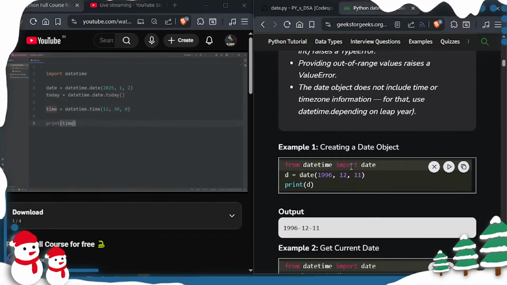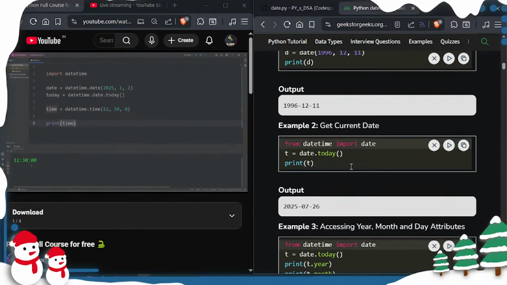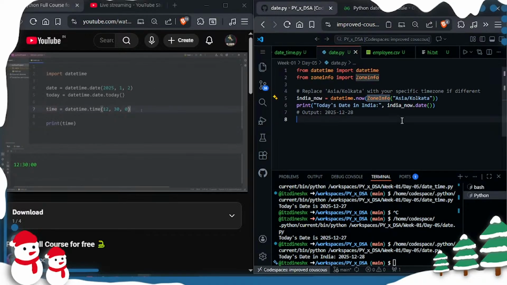I will print the current time. It is 12:30. Now to get the time right now on our system clock, I will create a datetime object